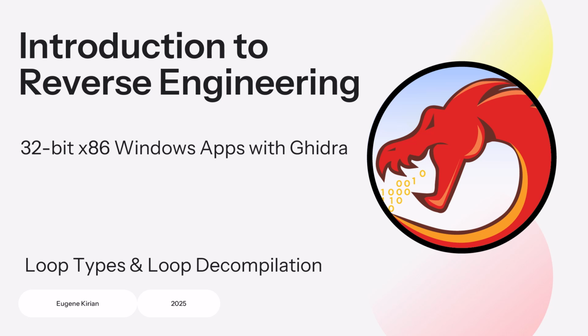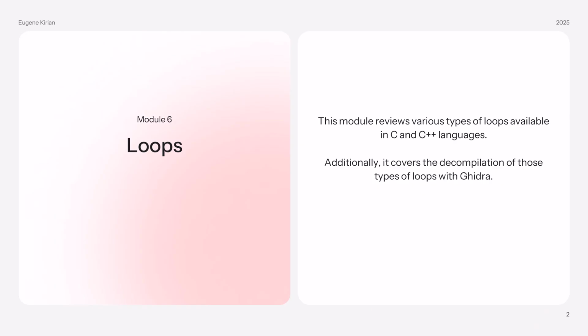Welcome back to Introduction to Software Reverse Engineering. In this module, we will reverse engineer two new example programs that showcase loops. These programs are pretty simple, containing various kinds of loops and nested loops in them. Let's dive in. In Module 6, we will take a look at various types of loops available in C and